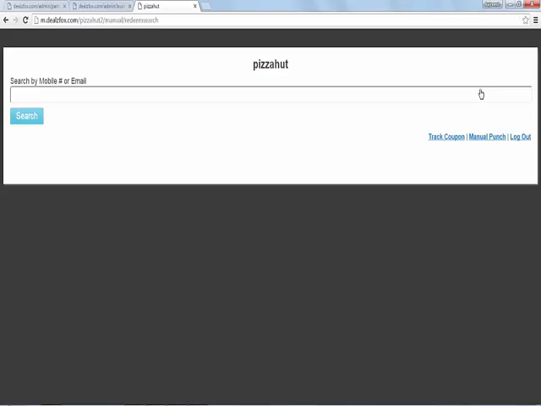Once he clicks on the redeem rewards, it will show him a search by mobile number or email address. Now the user would be registered with the company with some mobile phone number or email address for sure. Now that email address or mobile phone number the user has to enter and search it over. Suppose I enter